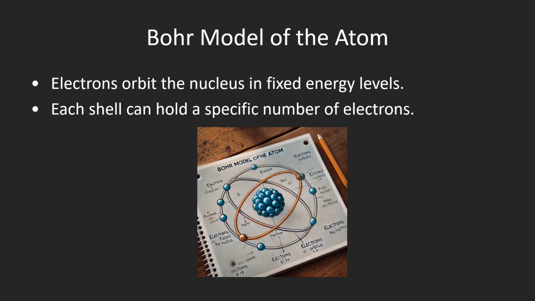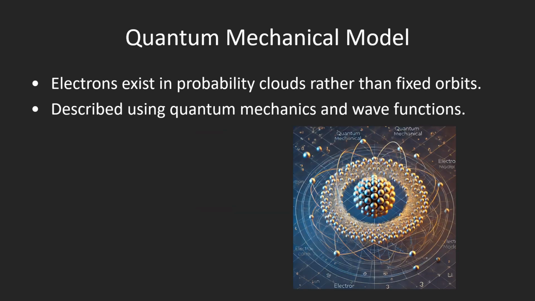One of the most famous models of the atom is Bohr's model. In this model, electrons travel in specific orbits or energy levels around the nucleus. The first energy level can hold up to 2 electrons. The second energy level can hold up to 8 electrons. Higher energy levels hold more electrons. Electrons gain or lose energy by jumping between these levels. This concept helps explain how atoms absorb and emit light, leading to the bright colors we see in fireworks and neon signs.